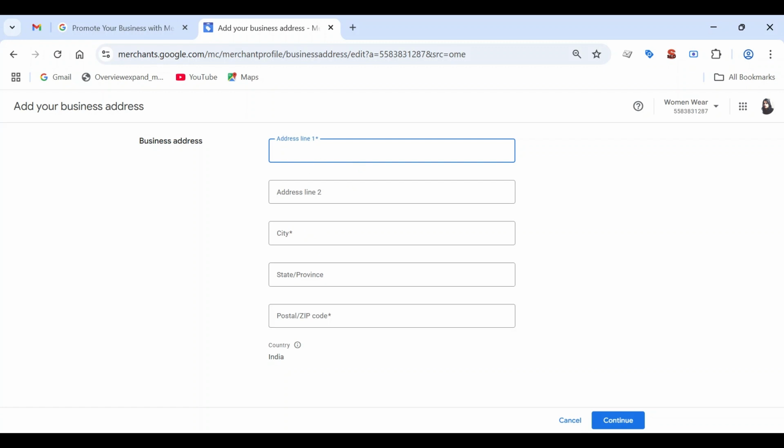Let's say I add 80105, then Ghaziabad, Uttar Pradesh, then 201017, anything, right? And then I continue.